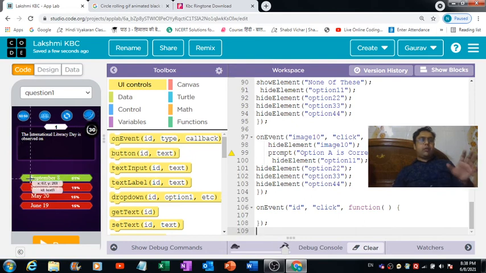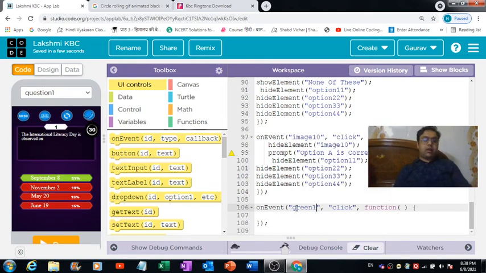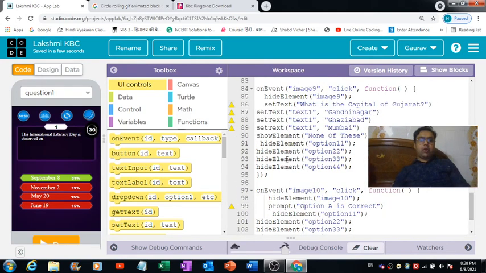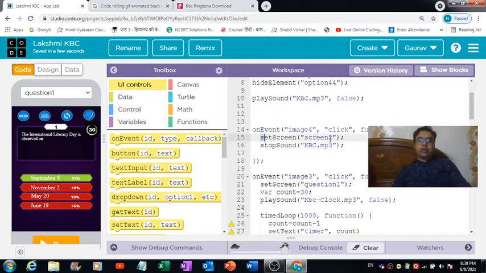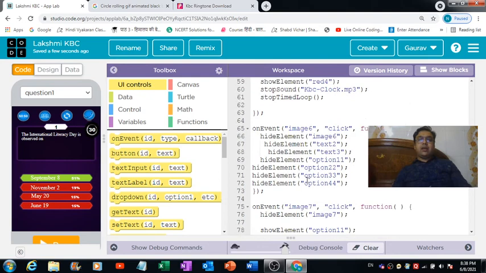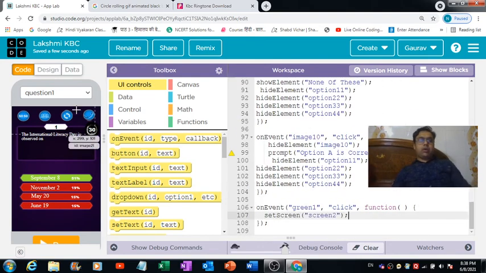Once the user is done selecting the first option, which is the right option, he'll be able to see this green named box. When the user hits this green named box, we can put this set screen code over here, with which we can redirect the user to the question two screen.